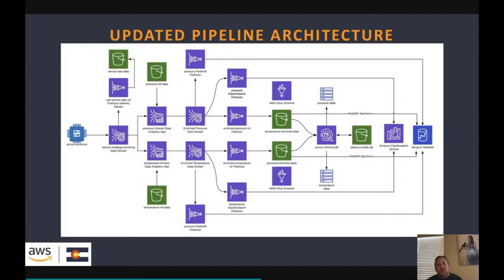And so looking into the architecture here, we can see that it's really kind of, I don't know, exploded might be a word, but I think it's worth noting that it's not quite as complicated as it seems, whereas off of each sensor type enriched stream, we're outputting to 3 sources now. So we were already going out to the S3 bucket with Athena. What's changed there is we're going to use Glue to do the conversion between a JSON message to a Parquet formatted message, which works